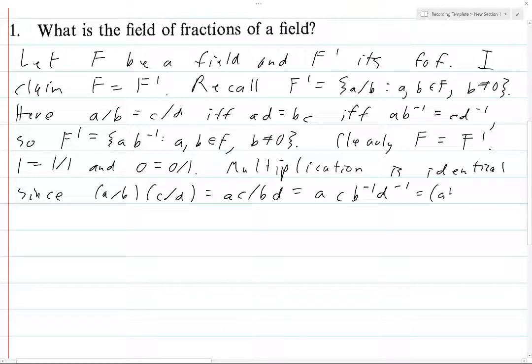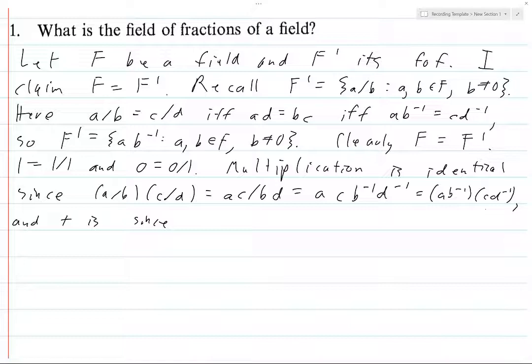So this is a b inverse c d inverse, which is of course what the multiplication would be as elements of F. So this shows you how multiplication in F' is the same as multiplication in F, and then going the reverse is easy